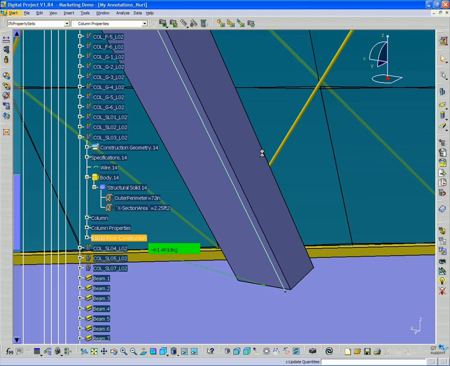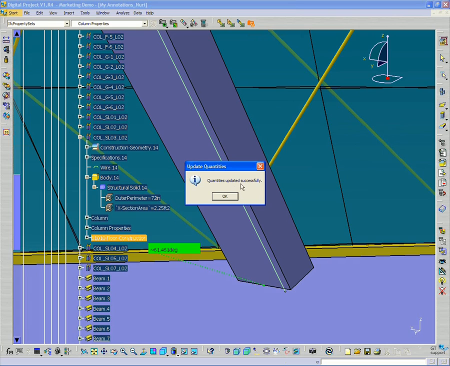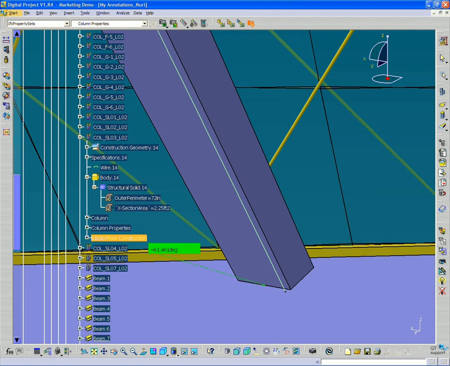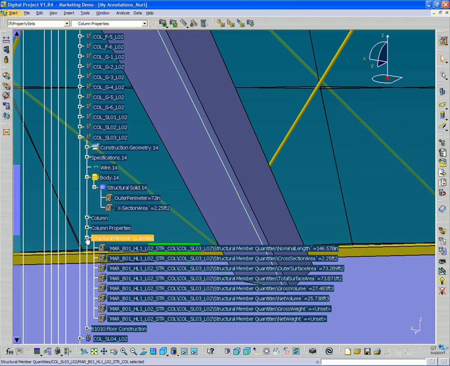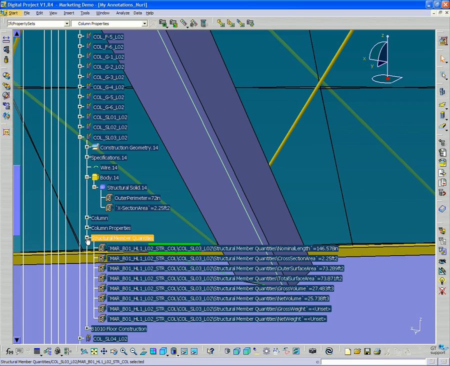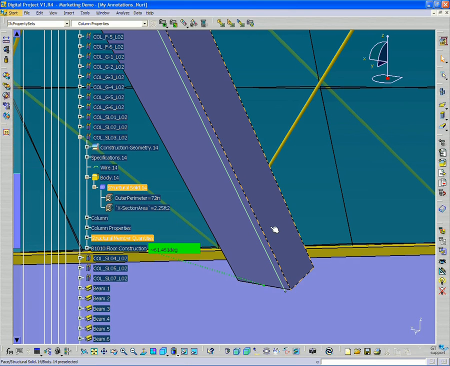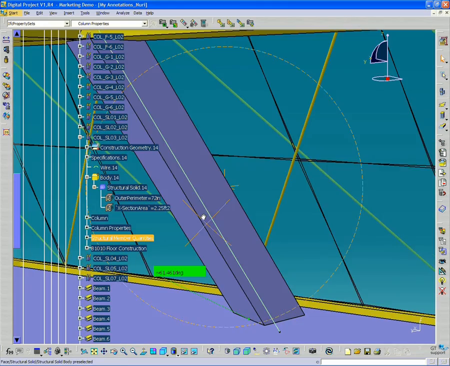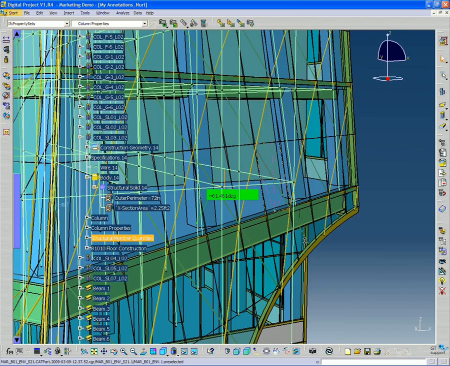And what it's going to do, it's going to look through all of the architecture and structures objects, beams, columns, and such. It's going to calculate volume, length, and it's going to put an extra attribute there called structural member quantity. And under that, you'll see that it lists various quantities: area, volume, nominal length. And so these are all quantities that we can then call up if we want to know, like, the amount of concrete for each individual column. So now that I've run the update quantities,